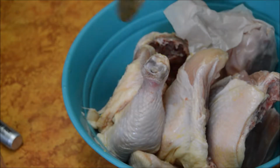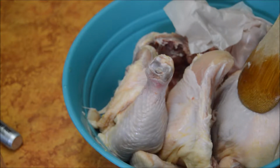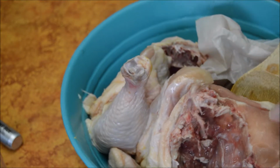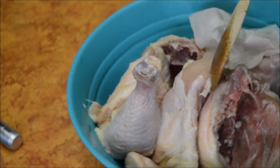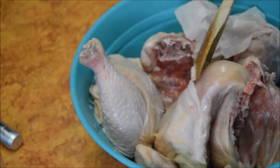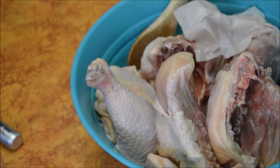Okay, first thing I did was I thawed out a whole chicken and then I quartered it. So this is not completely thawed. As you can see, it's still a little frozen, and that's fine. I just wanted to get it to be able to quarter it. So the next step is to take my pan,